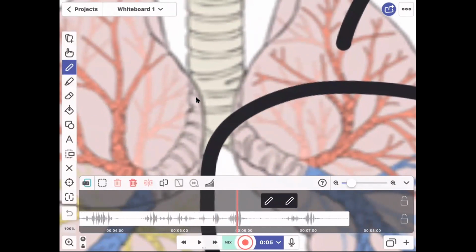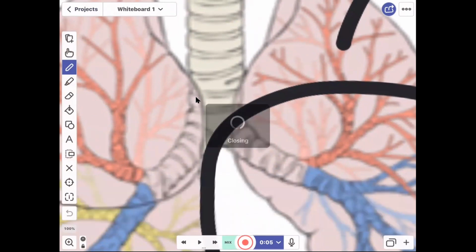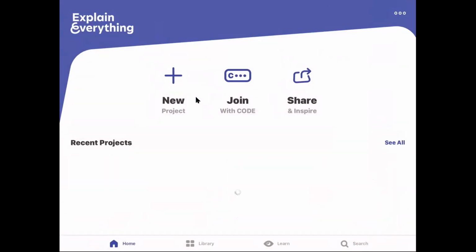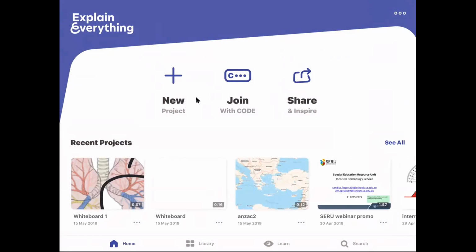So Explain Everything is a nice, I think, a simple tool that really is a multimedia production tool. I know we do a lot of video editing in schools, and sometimes we use very complicated software for that video editing. But here we can use something as simple as Explain Everything to do very sophisticated productions. When the project is finished,